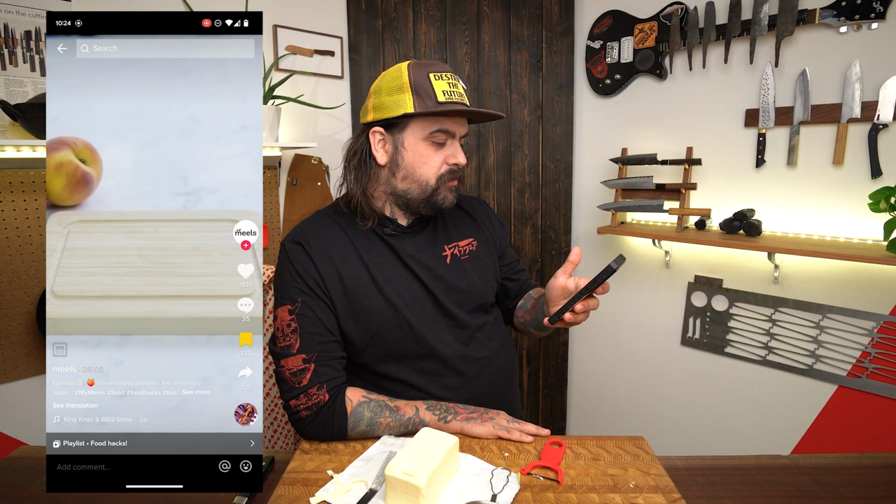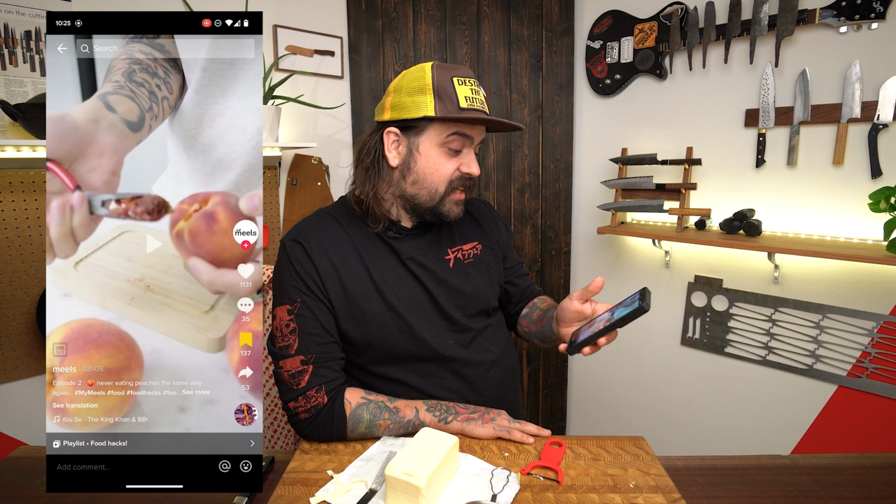Long-nosed pliers. Stick your pliers into the top of the peach and pinch onto the pit in there. Then give it a little twist and the pit should slide right out. Do you hate the pit? No, there's a pit. And this hack is perfect if you...